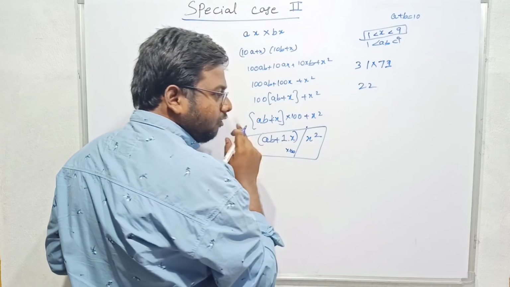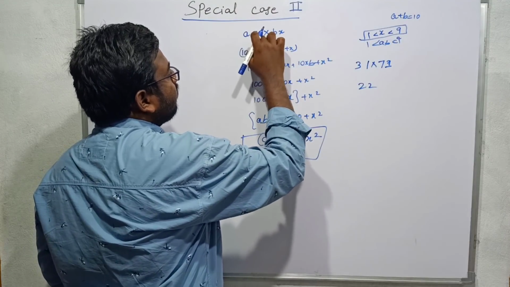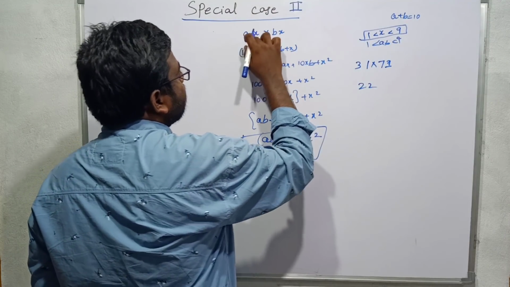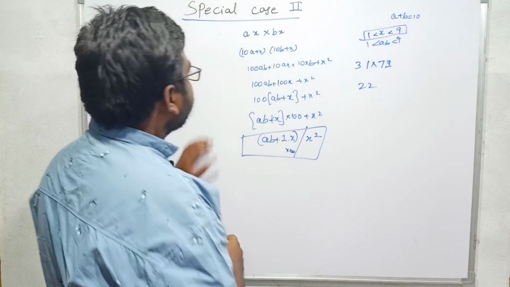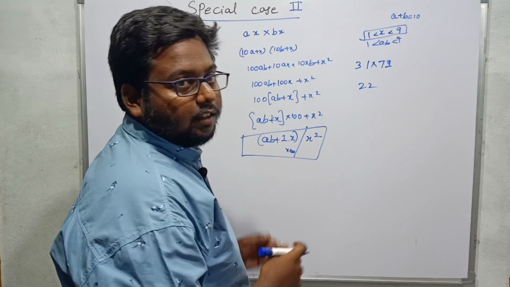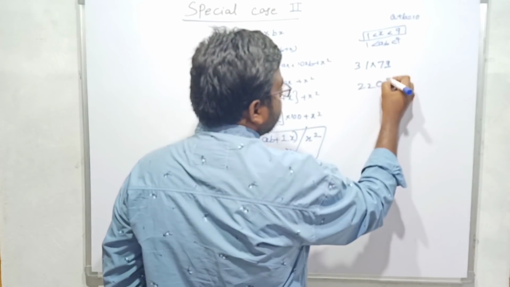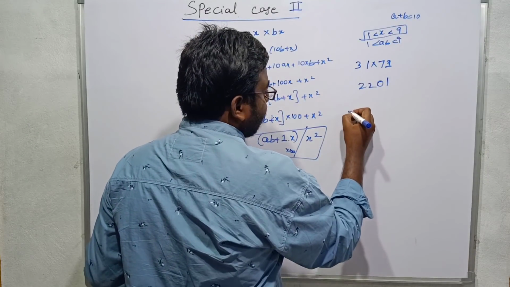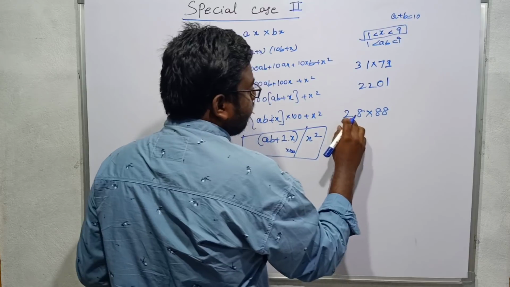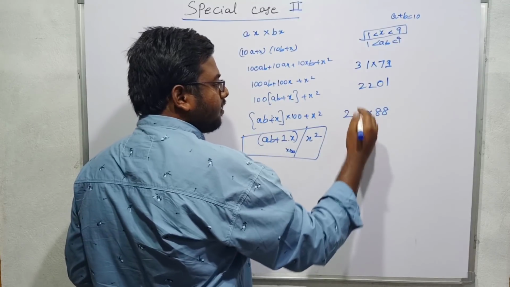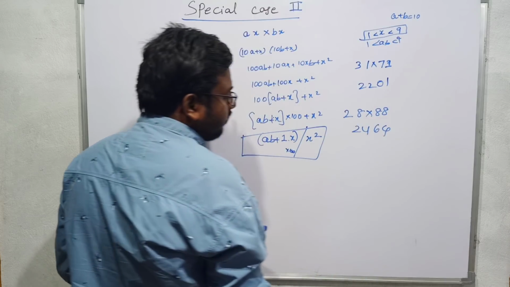So this replace into 100 means here 10 and 10 will get now. So it is a 10 digit here, 10 digit here, 10a, 10b. So you will get 100 here. If it is a 3 digit number, you will get 1000 here. We saw it in the last class. So it is 2201. For example, if I write 28 into 88, what I will get? 2 8s are 16 plus 8, 24, and 8 8s are 64. This is the result of it.